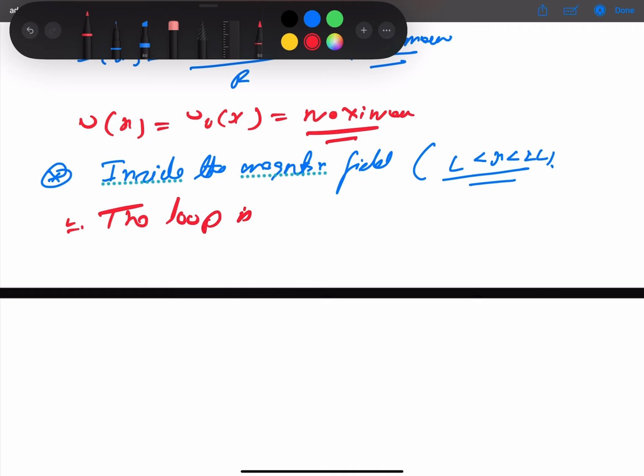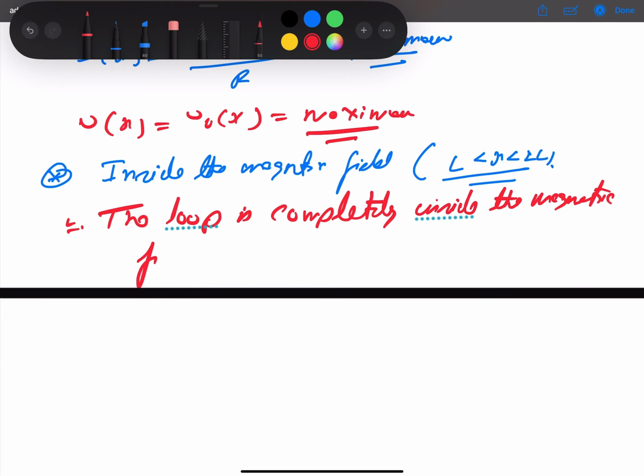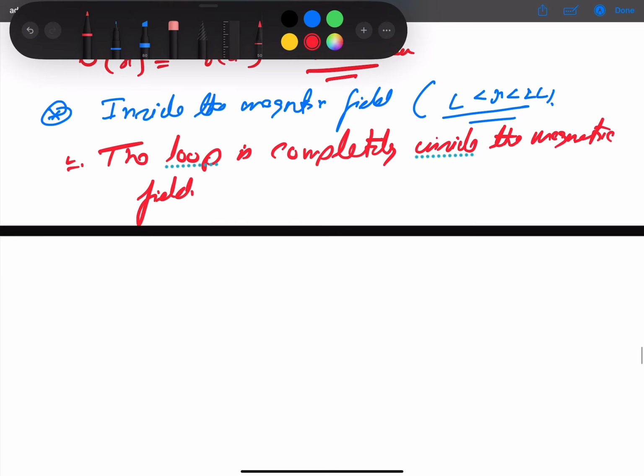The loop is completely inside the magnetic field. So which basically means that flux becomes constant,